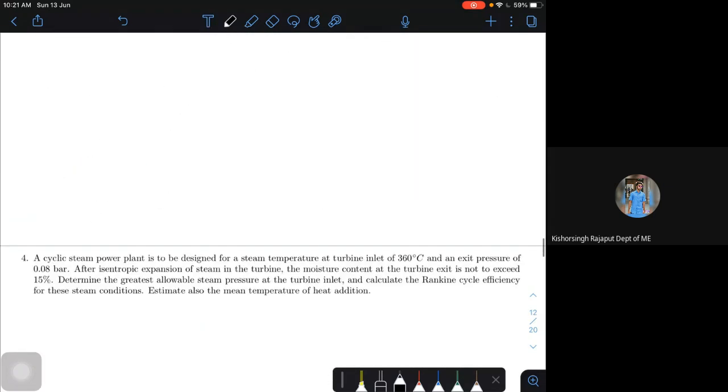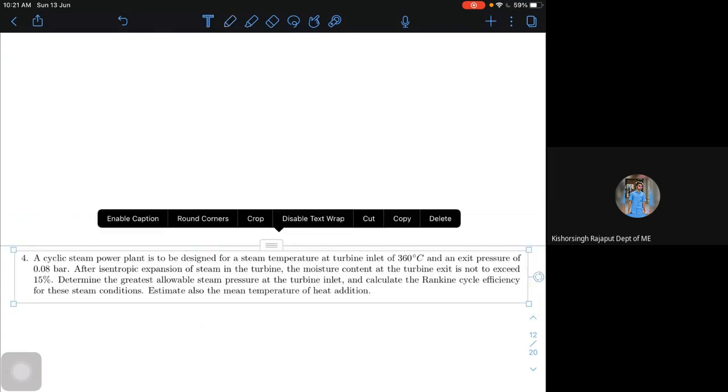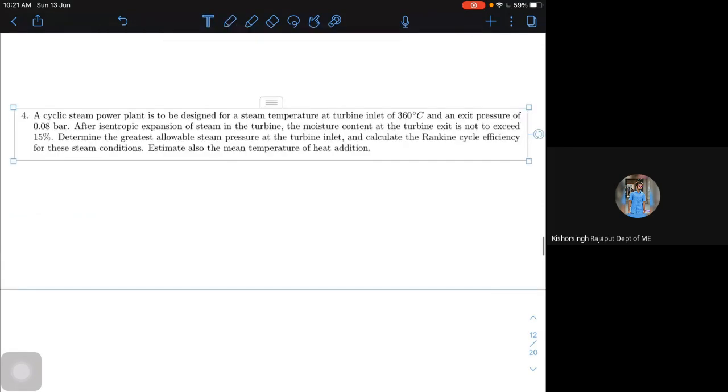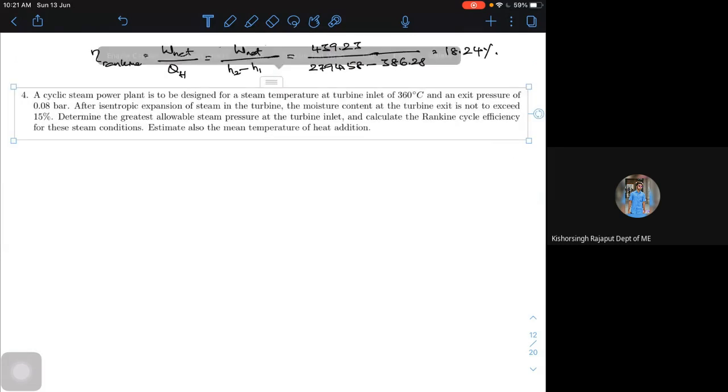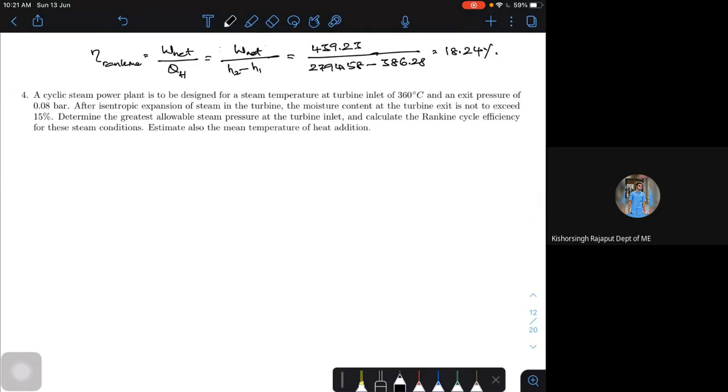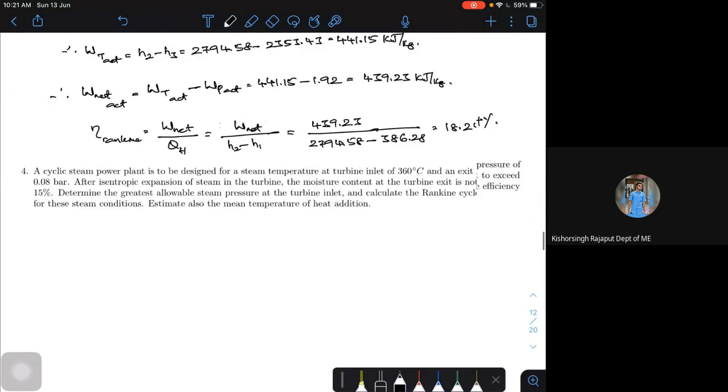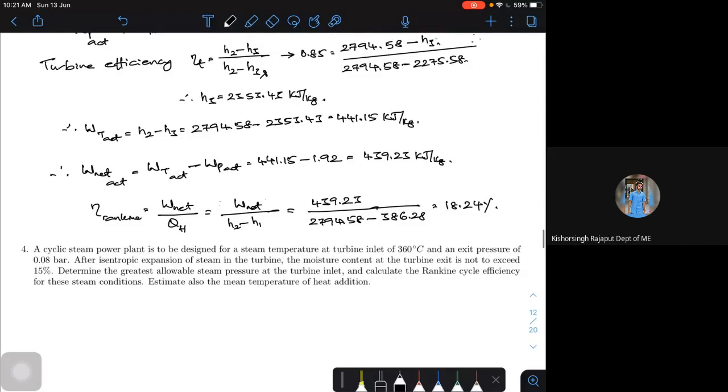Let's try to look at the next problem. This is about it. Whatever they asked, we were able to find. Let's look at one typical problem. Rather than solving the second and third, I am going to the fourth problem, where a little bit of typical things are there. Is it clear with the first one? We calculated all the things. Now we want to compare how a Carnot cycle is going to work, and how an actual Rankine cycle is going to work. Now let us look at only the complete Rankine cycle.